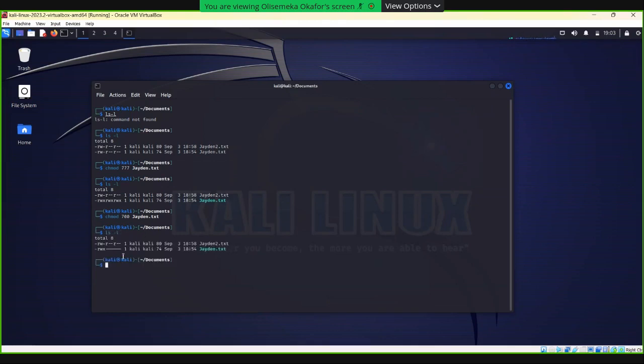What do we have? Look at that. So only Jayden has the right to read this file, to write to it, and to execute it. I don't have other users right now to demonstrate that this actually worked, but I can guarantee you that it does.